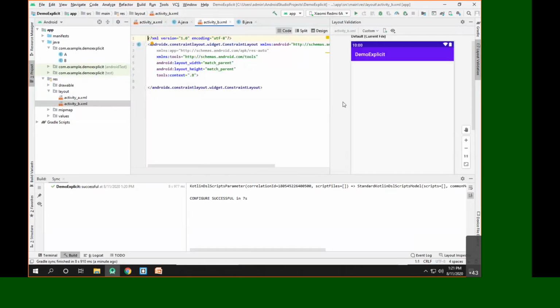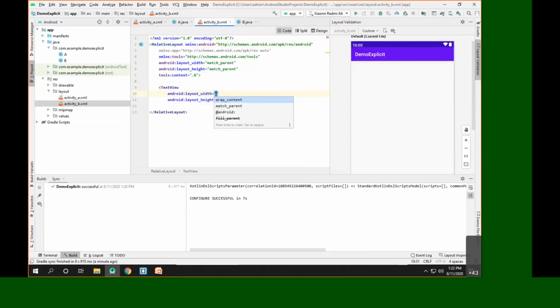So we'll go to the code view, and we'll change from the constraint layout to the relative layout, and here we'll have simply a text view. So we'll take one text view with wrap content, and then we'll add a text attribute here, with text as "I am B".